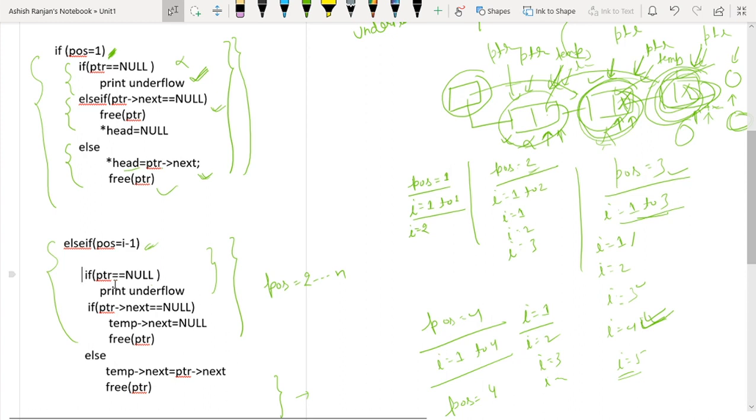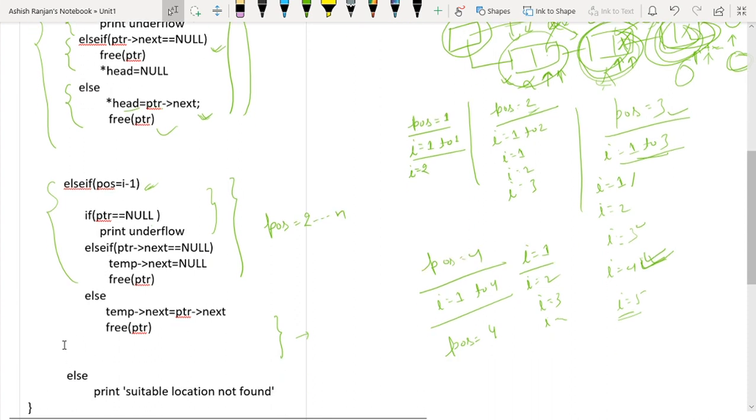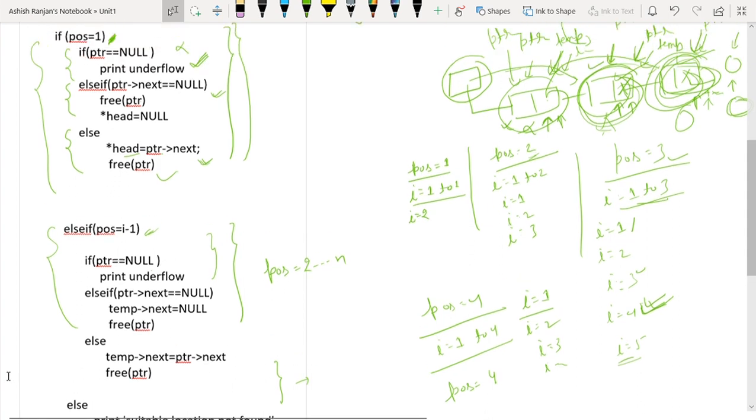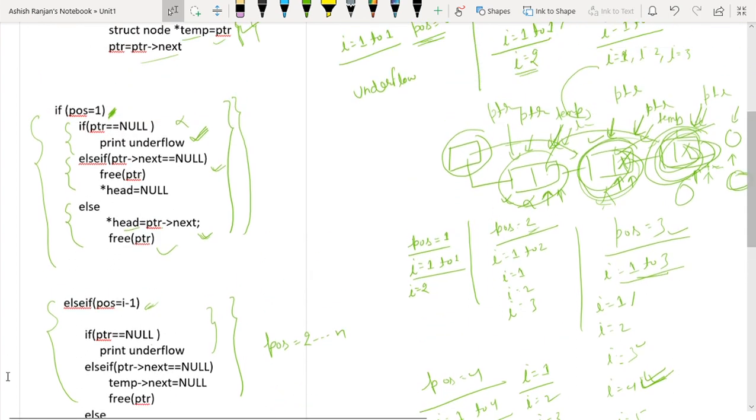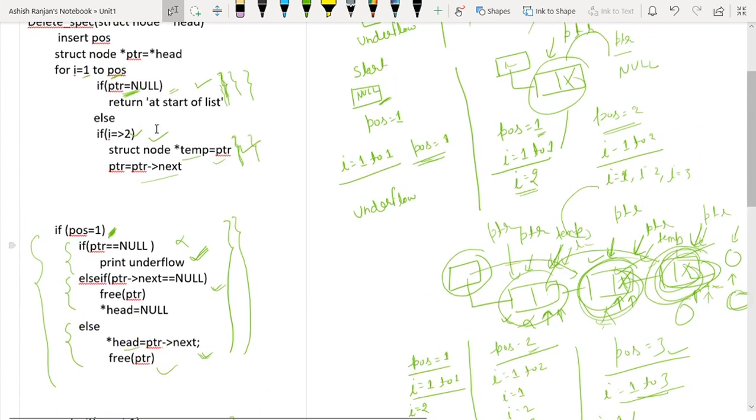If PTR is equal to null, then underflow, else if for I equals 4, return, it will return from here.